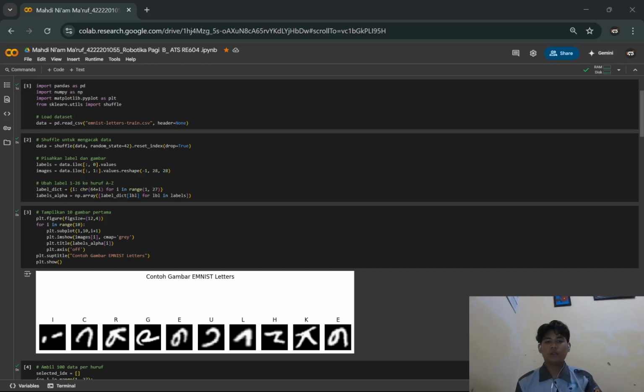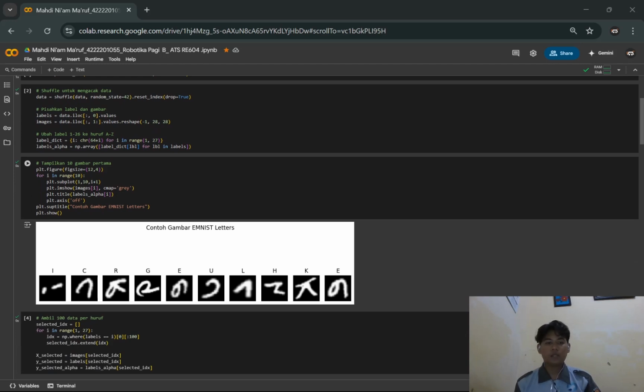after that the data contains 28x28 grayscale images of letters with the label from 1 to 26 representing A to Z. This is the A, 28 multiply 28, and I use only 2600 samples for each letter as instructed. I reshape the data, shuffle it, and display 10 images to confirm it works. And then